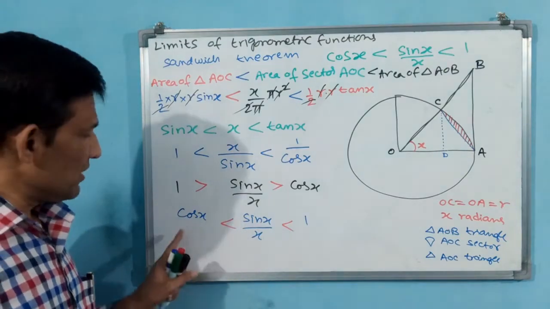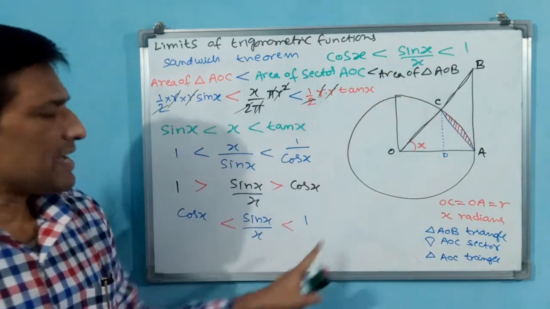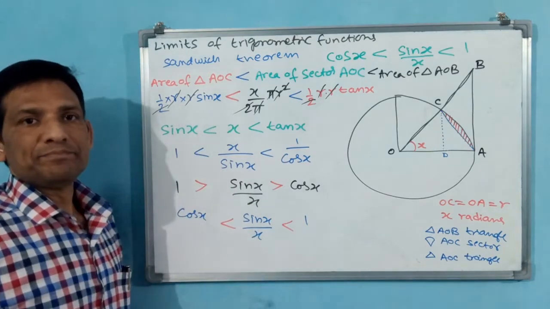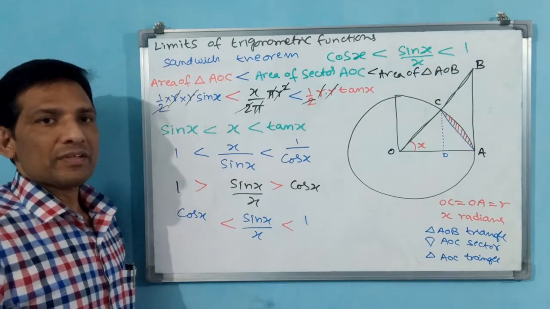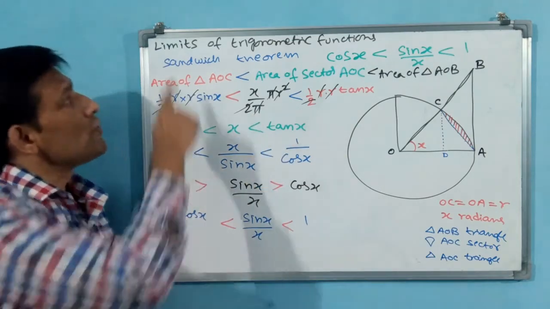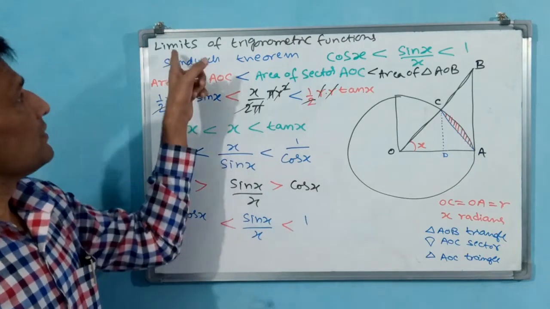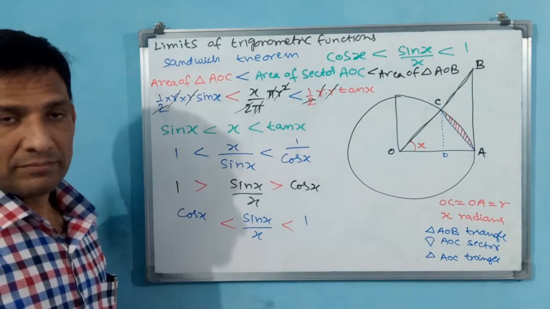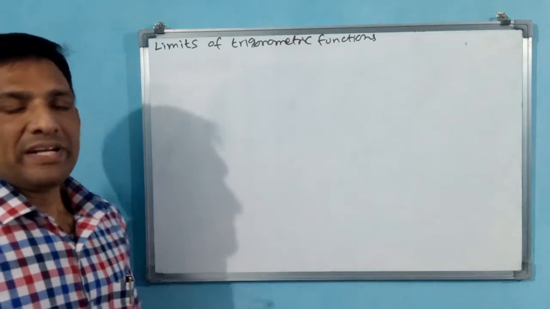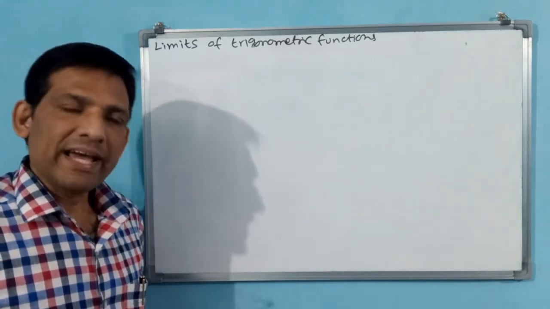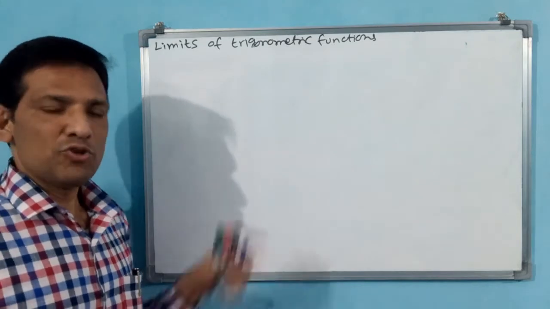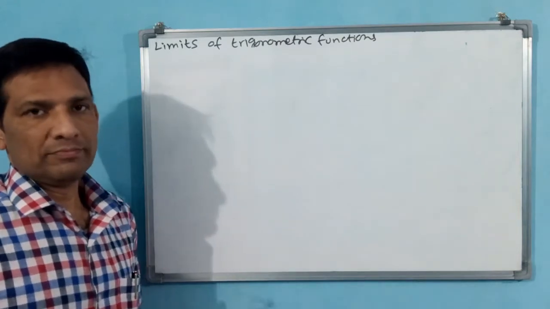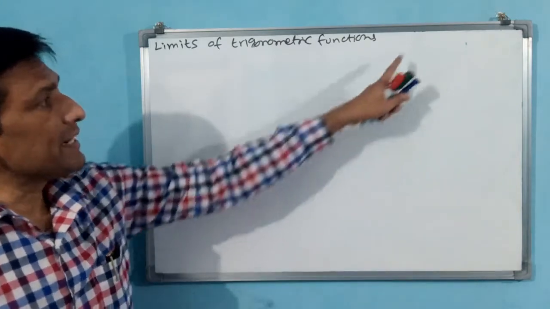Okay, you understand now this sandwich theorem? If you understand the sandwich theorem, cos x is less than sin x by x, less than 1, then we can derive that limit x tends to 0 of sin x by x is equal to 1. Okay? Note down this one, then we go for the original limits of trigonometric functions. See, for limits of trigonometric functions, this is the basic, fundamental sandwich theorem. Okay, let us go. We will derive 3 limits, one for sine, one for cos, one for tan. The standard 0 by 0 form will come, but we are going to change this to either 1 or 0.